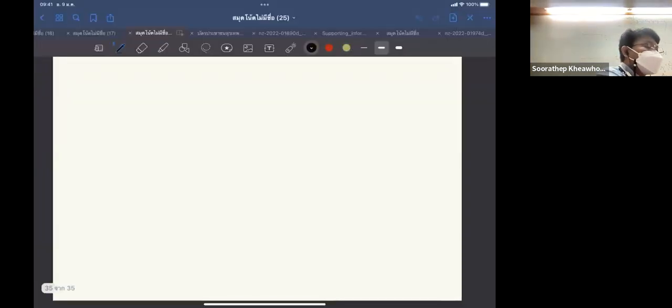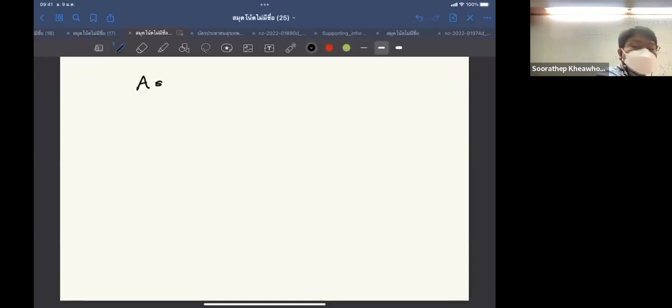We have A, which is minus 2, 3, 1, 0. It's easy for you, I think. So A minus lambda I is